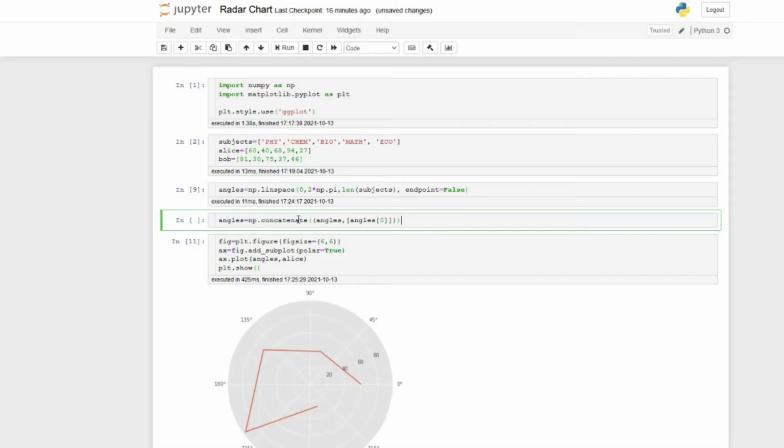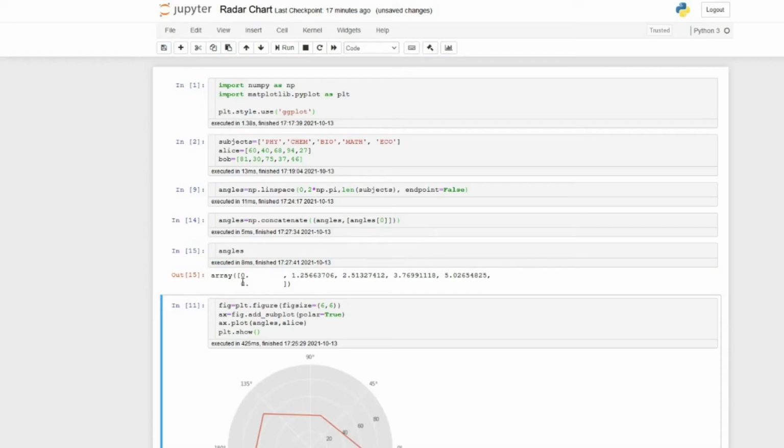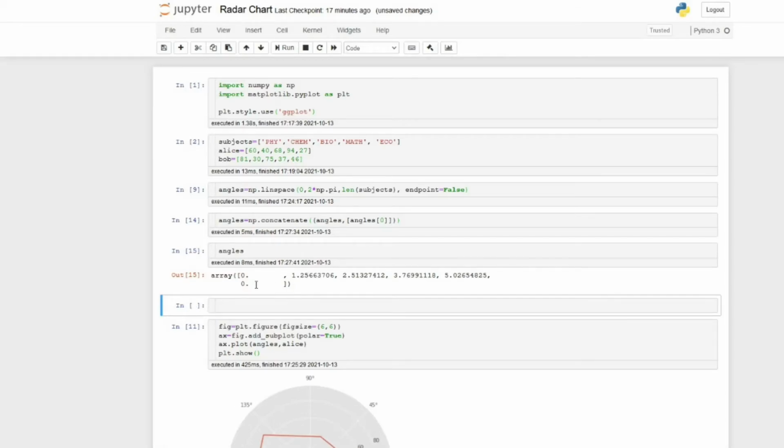That is numpy.concatenate, and then we are adding this item there. Now you can see in angles, we have appended one more value, the first value, again to the end. So now we have to do the same thing for the values also. So the labels, now we have